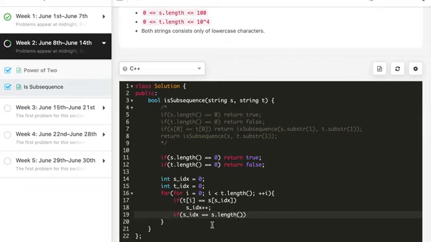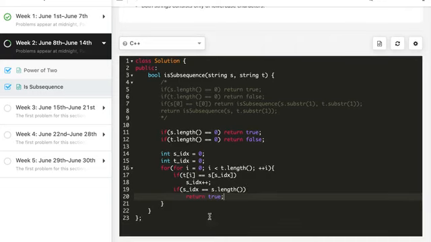So if it's s.length, that means we have searched all the characters of S. So we return true, so that we don't continue our search even if we have reached the end of S, and we don't get an out of bound exception here, since this should be less than s.length. So we return true. But if that is not the case and we have reached the end of this loop,